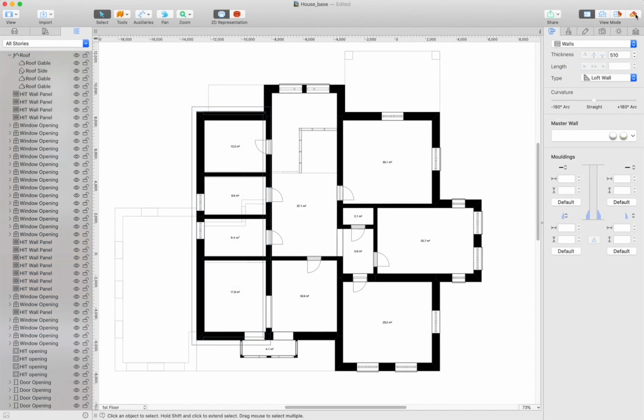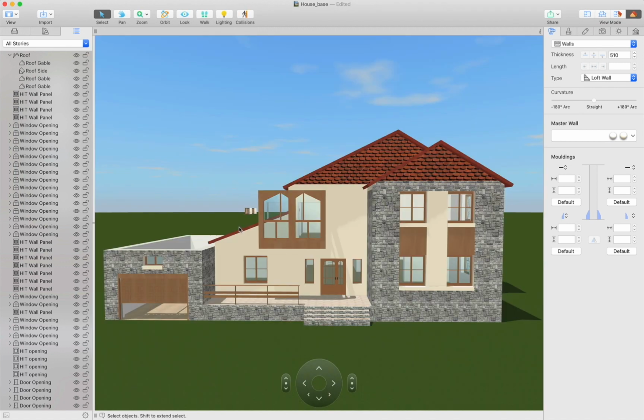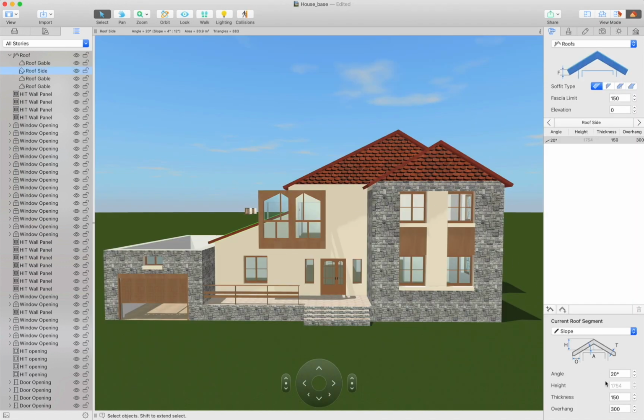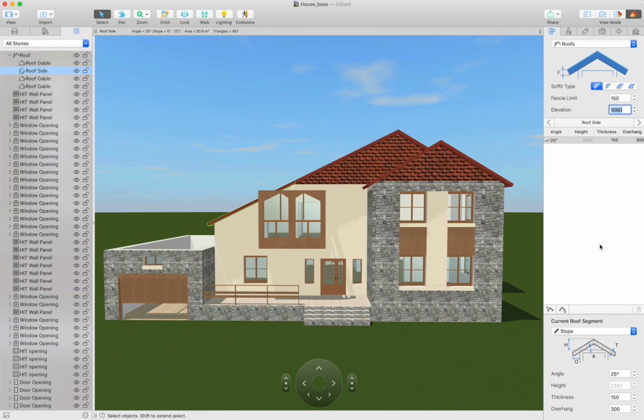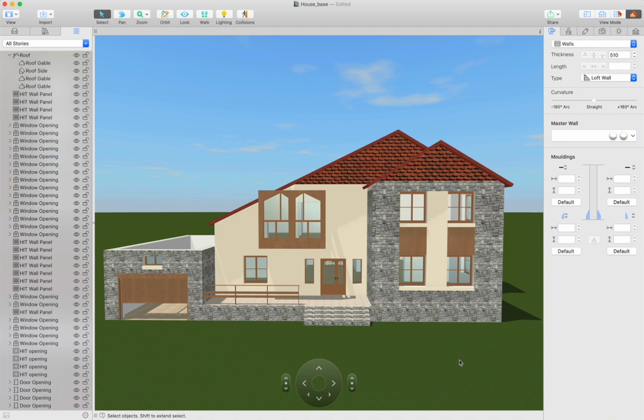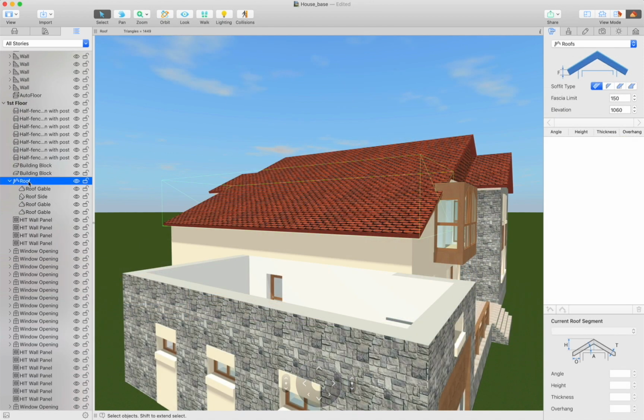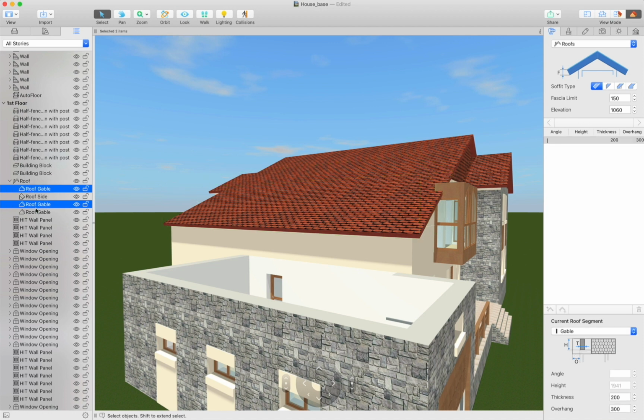As you can see, the roof we created and the roof above do not coincide. Here's what we should do to fix that. Using the inspector, set the angle of the lower roof slope to 25 degrees. Raise the roof by setting the appropriate elevation. Looks pretty neat to me. Now we should hide unnecessary elements. In the project tree, change all gable-type roof segments to hole-type segments.